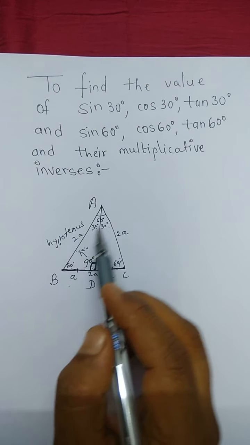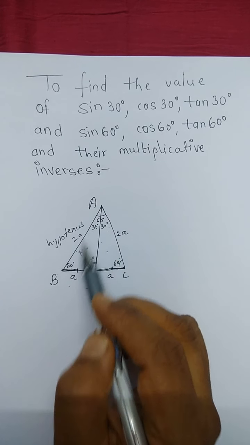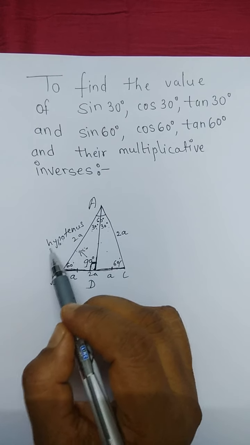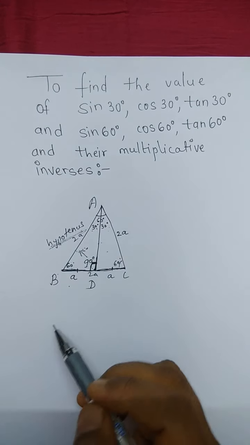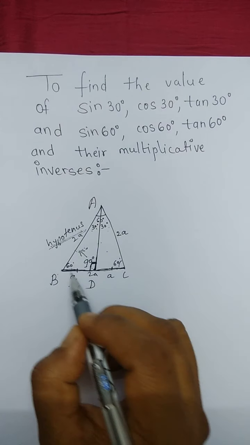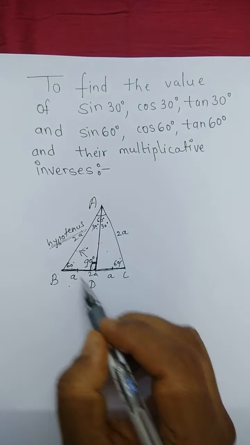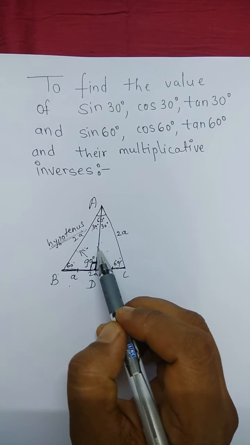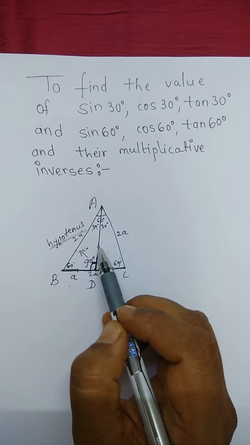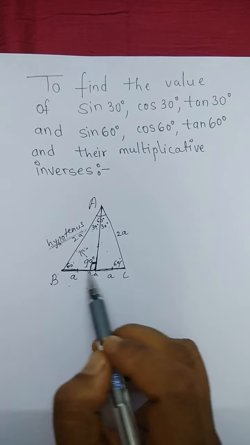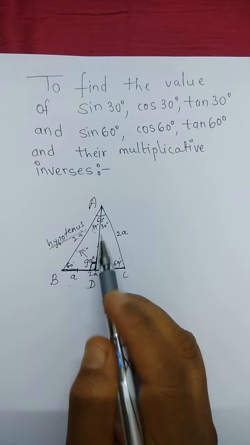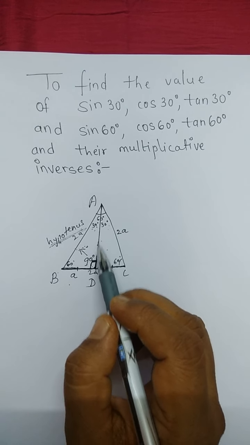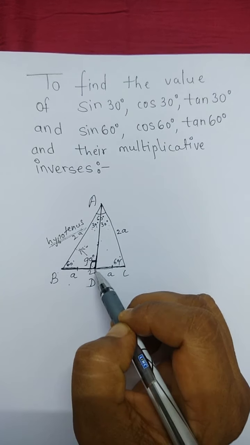Always opposite to 90 degree angle the side AB. Or you remember just the side opposite to 90 degree is always hypotenuse. You first write it to avoid confusion. Then other two sides will be adjacent and opposite. For this angle, this is opposite side and this is adjacent side. For 60 degree, this is opposite side and this is adjacent side. It depends which angle we will consider. So first of all, we will apply Pythagoras theorem and we will find out the length of AD.